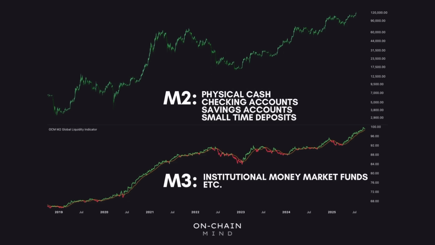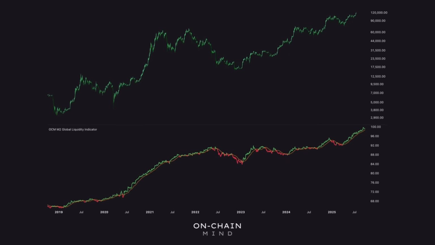Anyway, enough of the financial philosophy. Let's get into the charts and look at how we can use these money printing trends to our advantage. The chart you're seeing here is my take on the standard M2 global liquidity chart, which you have probably seen circulating a lot over the past year. Basically, it shows that when you measure global liquidity with a 2 to 3 month lag, it lines up remarkably well with Bitcoin's price moves, both the ups and downs.